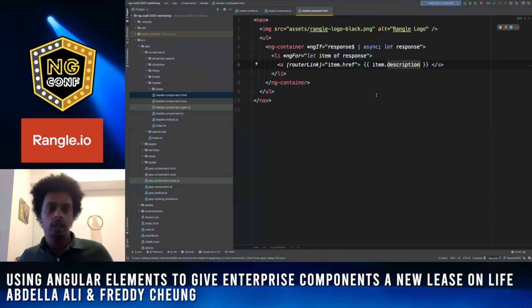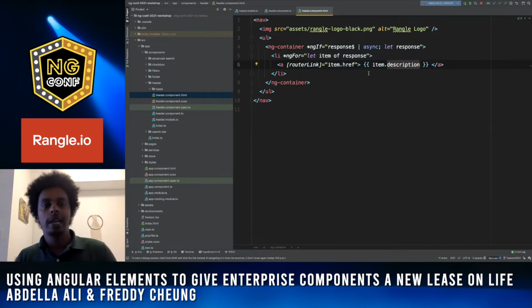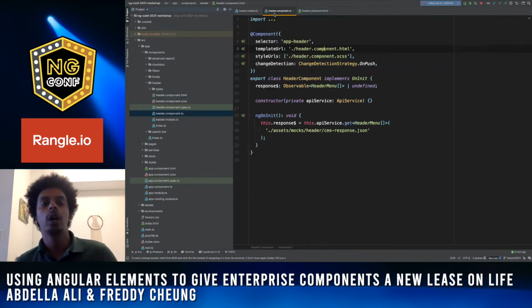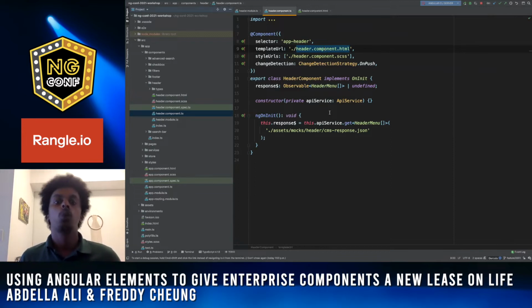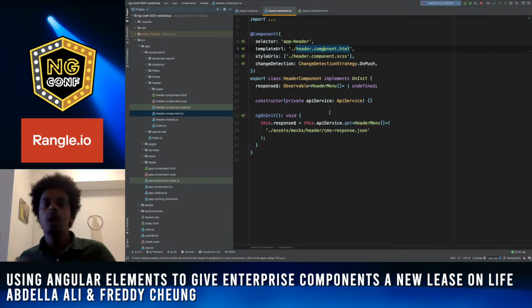So yeah, great. It's awesome. It works. We have it there. But what's the problem? Now, this kind of ties back into what we talked about before when it comes to inputs. When we make this into a web component, like we're about to, an Angular element, we are essentially binding it to the structure very explicitly, meaning that whoever else consumes this component, this header, will not have the opportunity